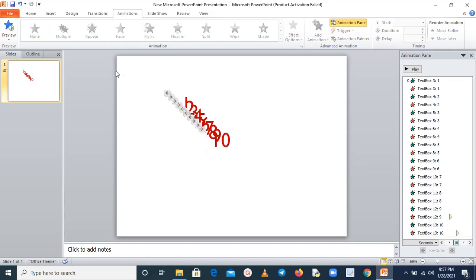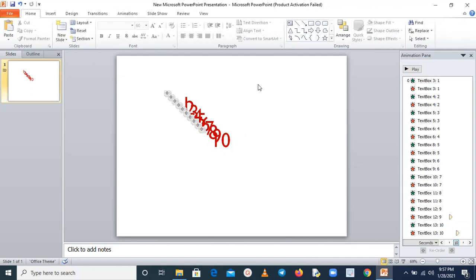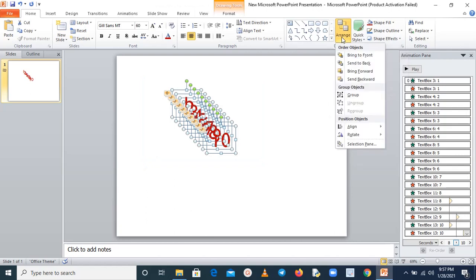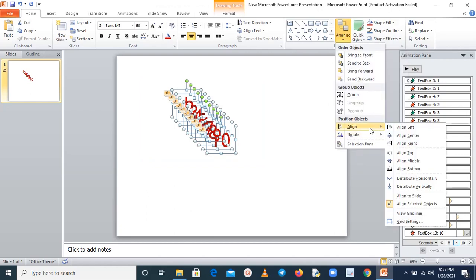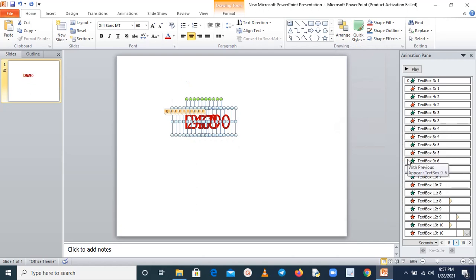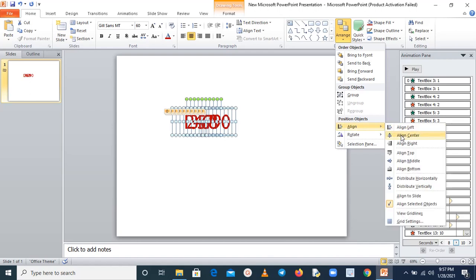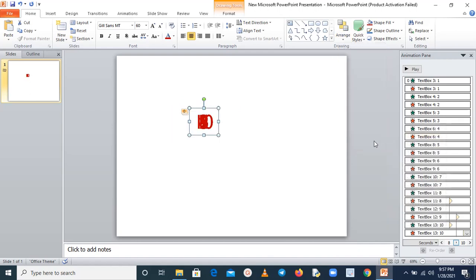Okay, now you have to arrange this. For arranging, just click on home and select all, and click on arrange. Here firstly click align middle, everything is in the middle. Now click arrange again, align and click on center, everything is centered now. So your animated number counter PPT has been prepared. Just run it and you can check it.